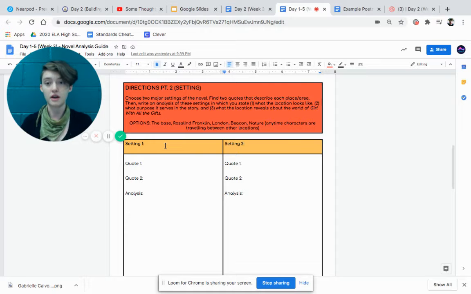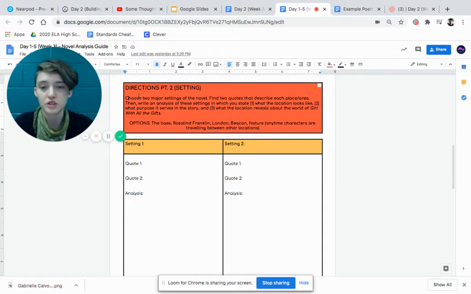Today, we're going to talk about step two, which is about setting. Setting is really, really important to novels, even more so than something like poetry, because setting isn't just on accident, right? Setting reveals something about the world and maybe creates a certain kind of atmosphere for the characters. And sometimes what's happening inside of the characters is reflected on the outside, what's around them. So I want us to start thinking a little more deeply about setting.